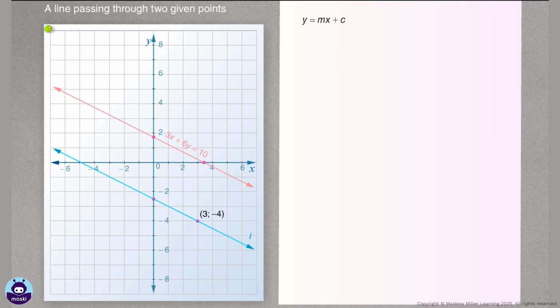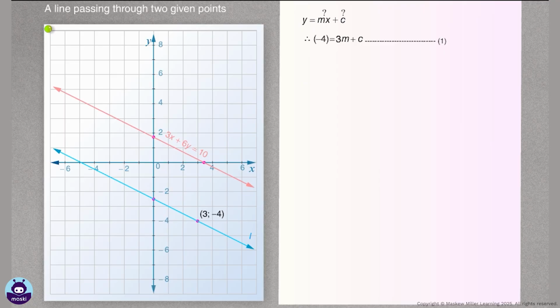We know that the standard form of the equation of any line is y is equal to mx plus c. We need to find the values of m and c. We are given that the line L passes through (3, -4). Let us substitute the values of x and y into the standard equation. -4 is equal to m times 3 plus c. -4 is equal to 3m plus c. Thus we get an expression relating m and c, but without the value of either of them, we cannot find